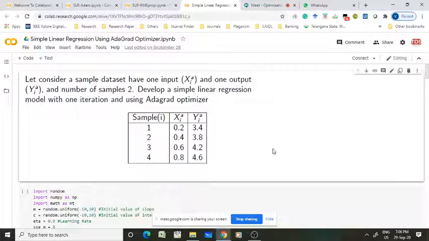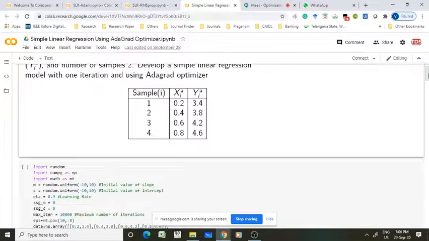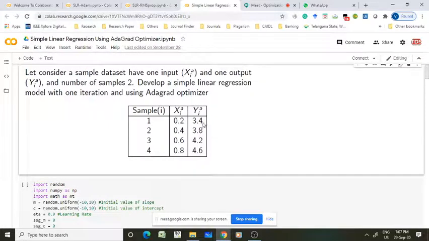Fine. So now again we will use the AdaGrad optimizer on the small data set: 0.2, 3.4; 0.4, 3.8; 0.6, 4.2; 0.8, 4.6. Why did I take a small example? Because you have to know what the output actually is, so that you can compare the actual output with your predicted output.